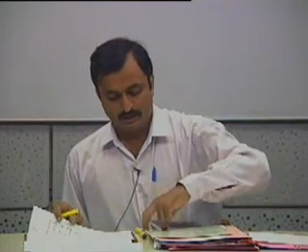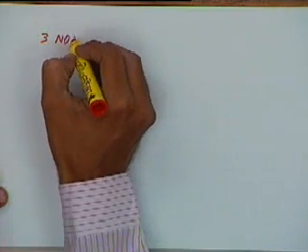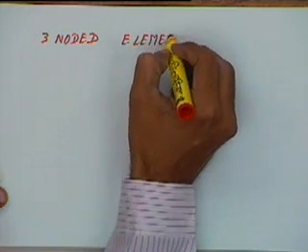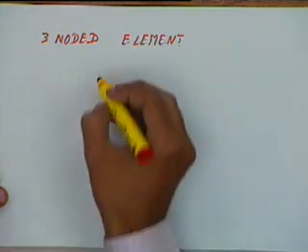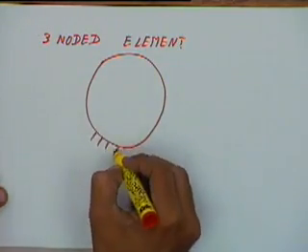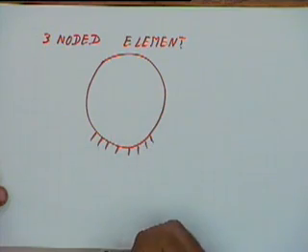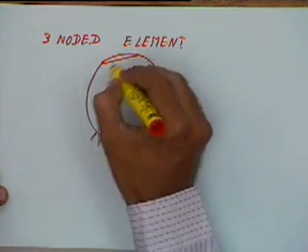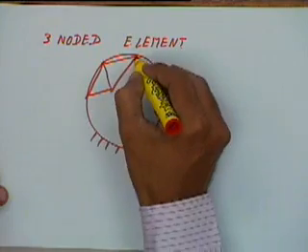Okay. Now, with this background, with this notation, we will be solving the two-dimensional problems. The first type of element that we will take is what we call a three-noded element. If we have a body like this, okay, with some boundary conditions, we divide this body into a set of triangles. Okay, so those triangles might look something like this.